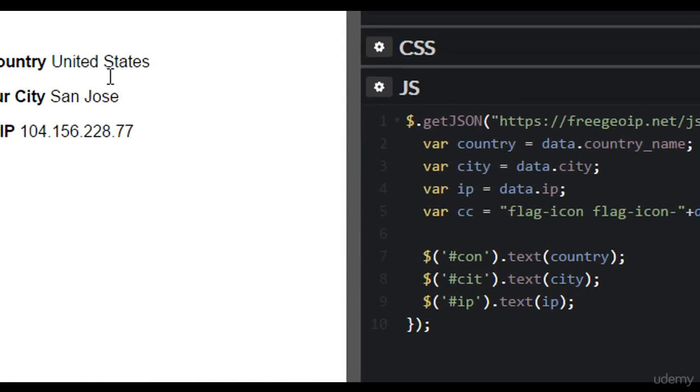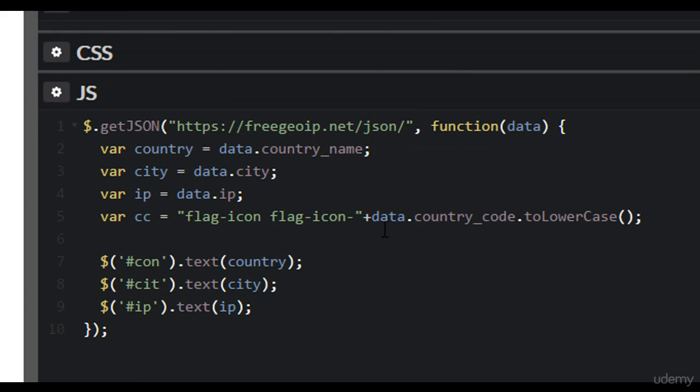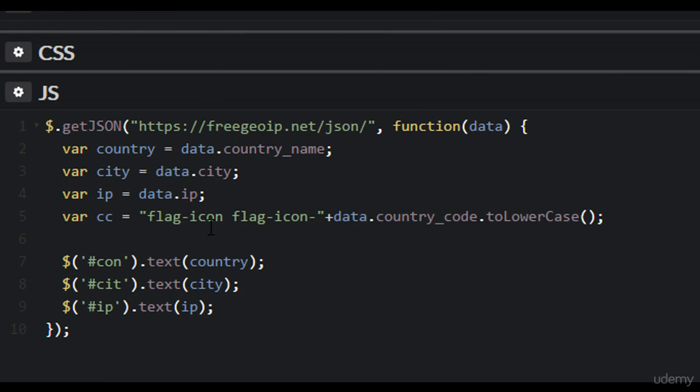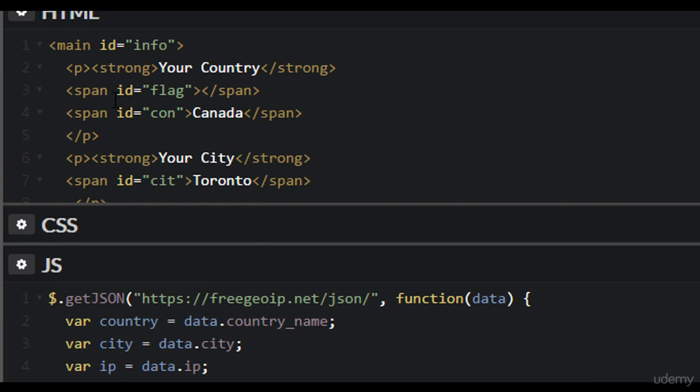So for me right now, it's the United States. So it'll add plus US onto this. So this will give us the proper class name. Alright, we have the proper text now for our class. The one difference here is that we can dynamically add this last part here. Perfect, we're good to move on. So now what we have to do is add this class onto our span tag. So we want to dynamically add the class there with JavaScript,